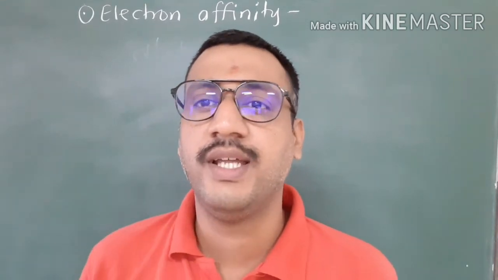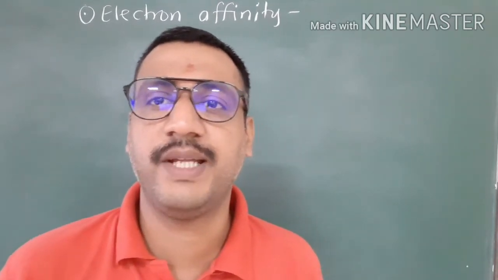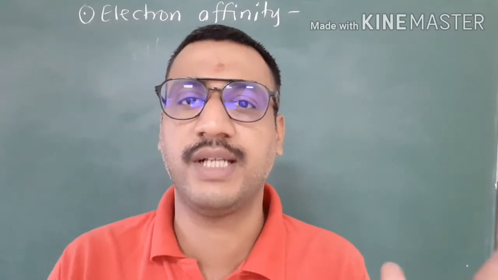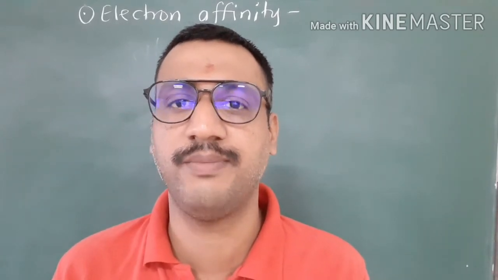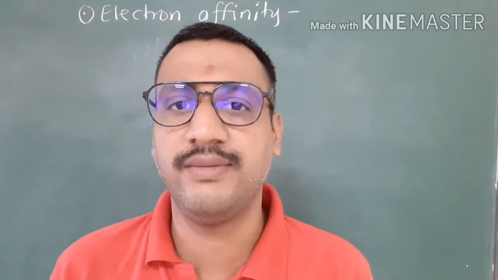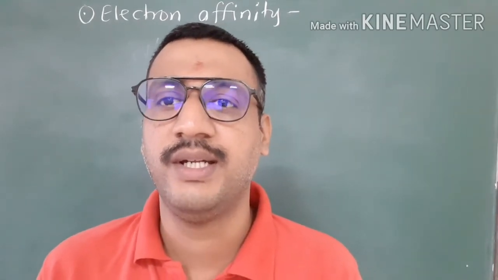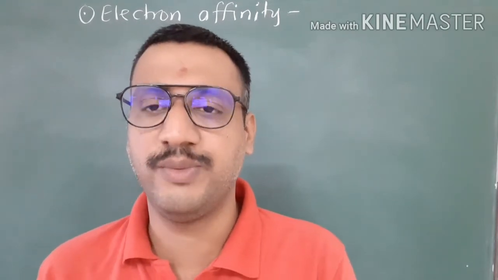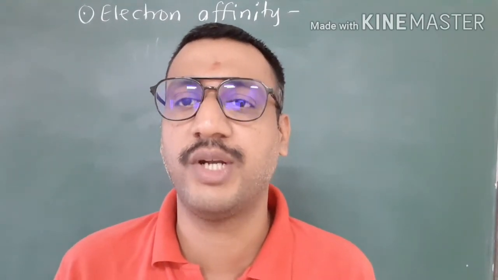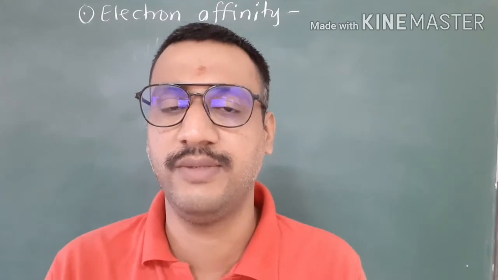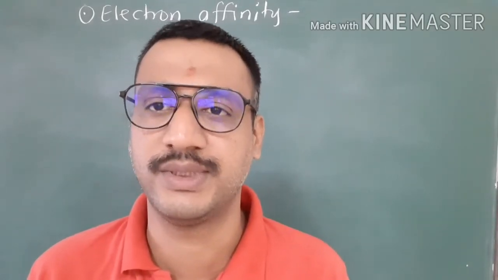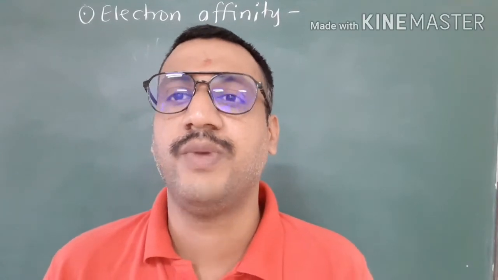Hi everyone, in this video I am going to explain the definition of electron affinity and different things related to electron affinity. For example, its unit, then successive electron affinity, and the trend: what happens as we move from top to bottom, and as we move from left to right in the periodic table, to the value of electron affinity. We will also discuss the difference between electron affinity and electron gain enthalpy, the meaning of both these terms, and some exceptions.